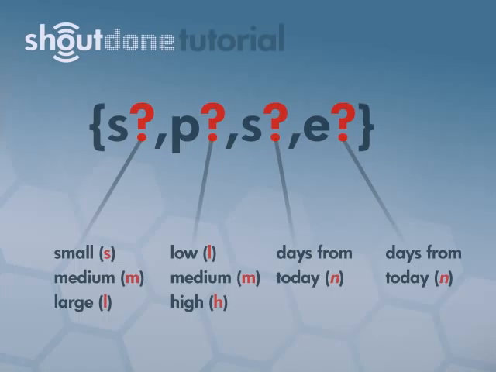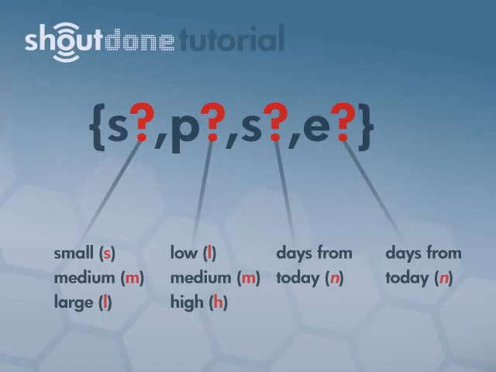The first parameter, S, is for size. As you can see, you start with the letter S, and then immediately after that character, you'll have one of either small, so S, medium, so M, or large, so L. So if you wanted, for example, to specify a small task, you would have SS. Okay, simple. Then a comma, and we move on to profitability. So we start with P, and then immediately after the P, one of either L for low, M for medium, or H for high. So if you wanted, for example, to enter a task with high profitability, it would be PH,